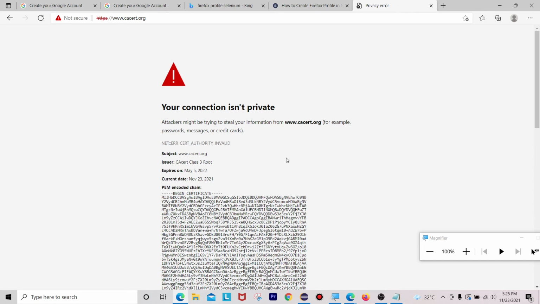Why are you getting this untrusted certificate error here? SSL is used to keep sensitive information, which is sent across the internet, encrypted.